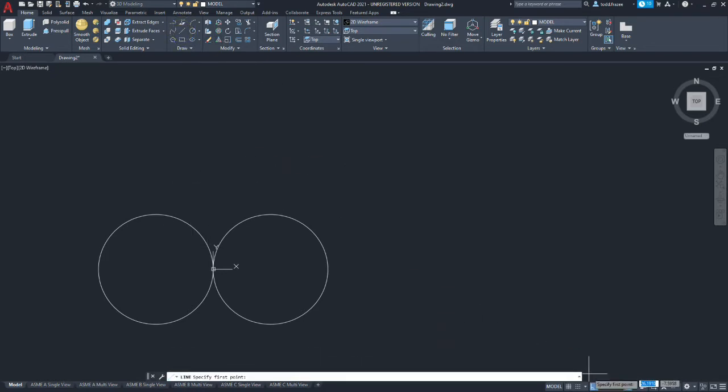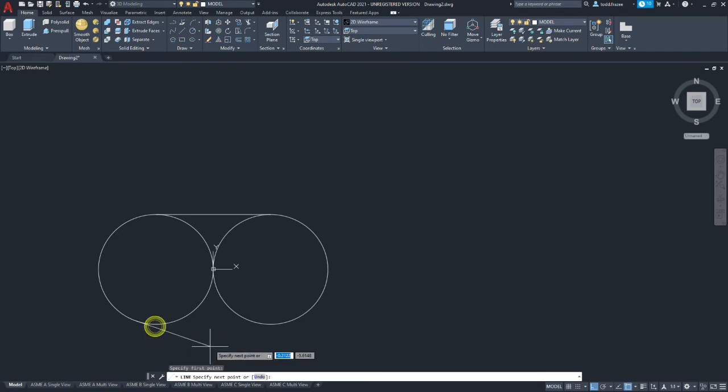So we're going to go line. We're going to alter our object snaps. We're going to ignore midpoint, we're going to ignore center, but we want to turn on tangent, make sure that's on. And we'll hover over by the one circle and click. And then we'll hover over the other one until you see that green tangency symbol show up. And so we should have 2 lines that are tangent.